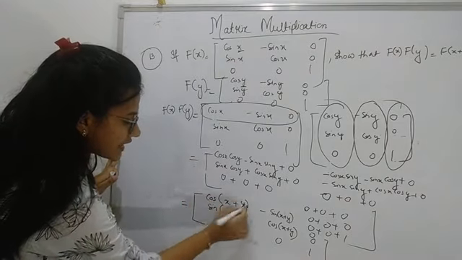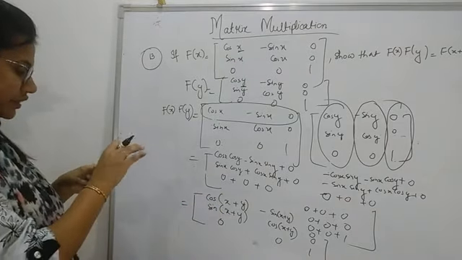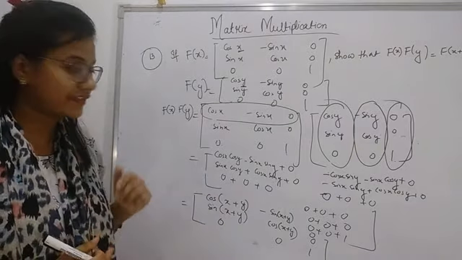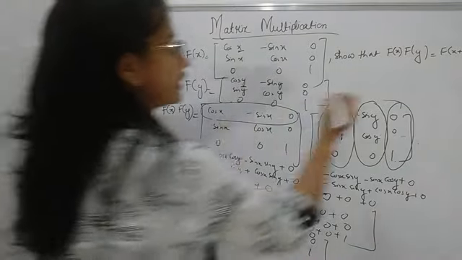And how does this cos of x plus y come? This is one trigonometric formula. You have studied the trigonometric formulas in class 11 also. So what is the formula for cos